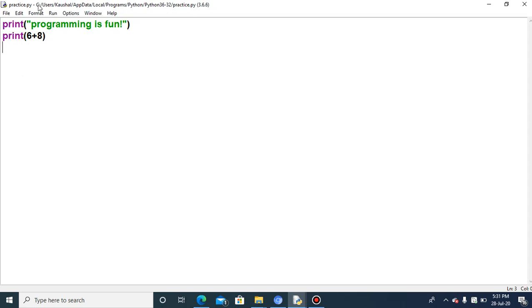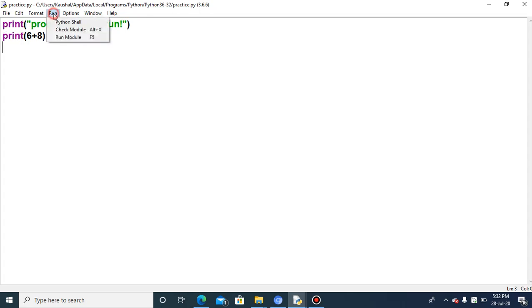Clear? So I have written the 2 commands here. Now I have saved it, and afterwards I want to execute it. Why execute? To display the output, to show the result. I have written 2 commands, print and another print.